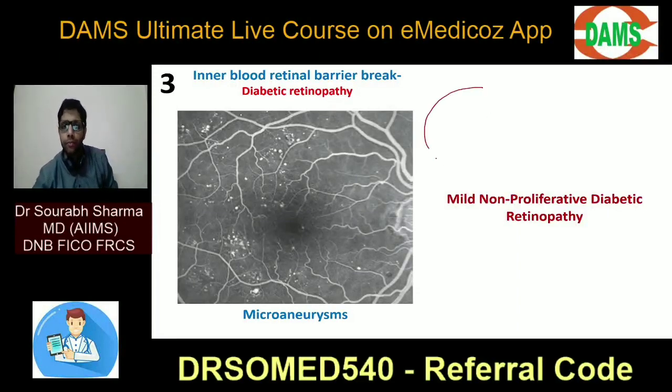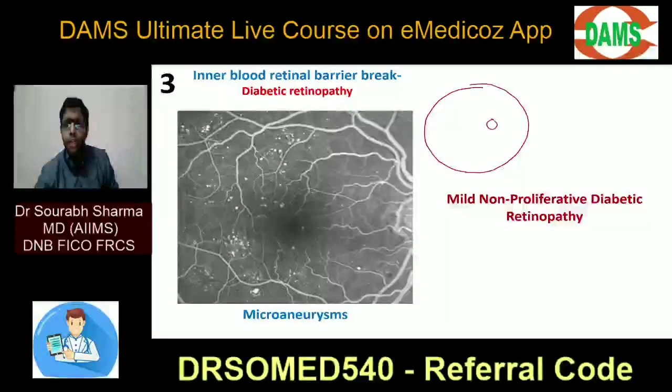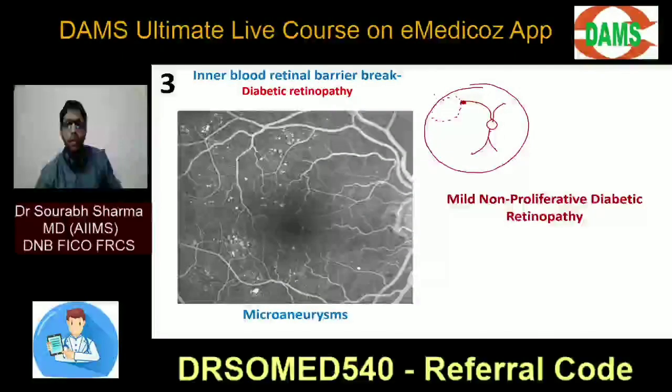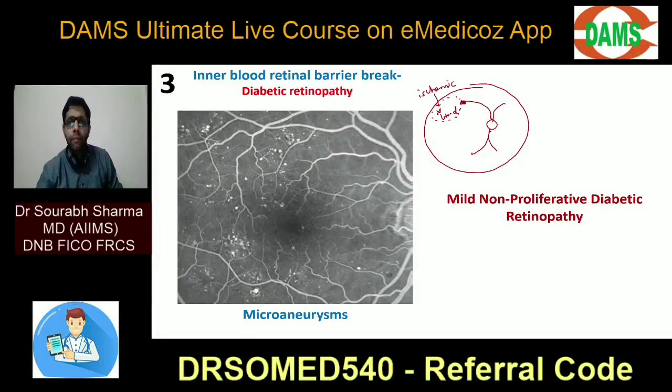Now, there is no time for the pathogenesis of diabetic retinopathy, but tell me, what happens in diabetic retinopathy? The vessel is leaking. If the vessel is leaking now, later on what happens? The vessel becomes blocked. If the vessel becomes blocked, what happens to the retina supplied by the capillary? It will not have any blood supply. It becomes ischemic. There is ischemia of the retina.